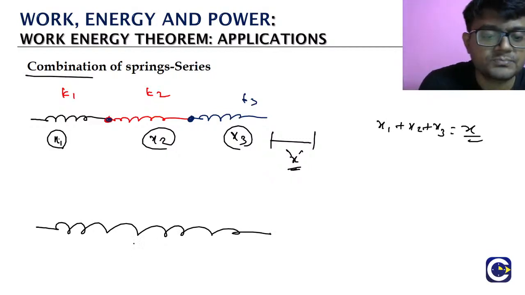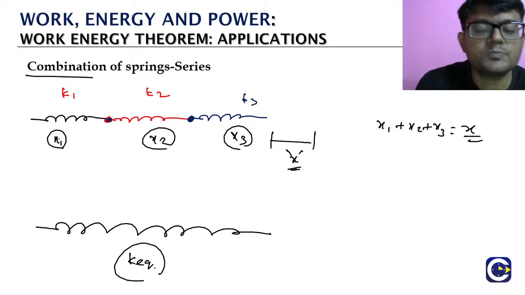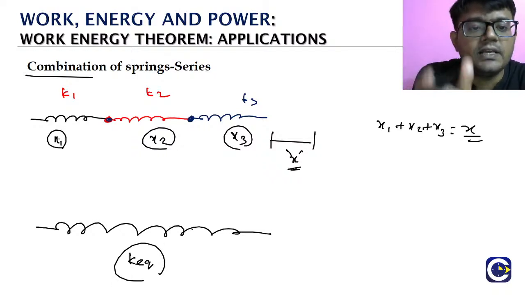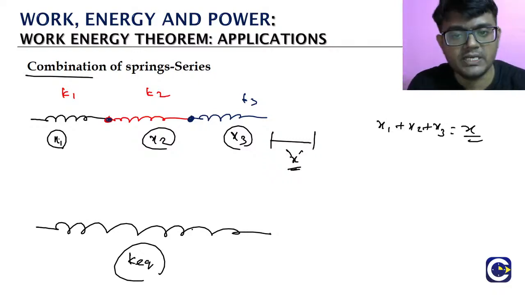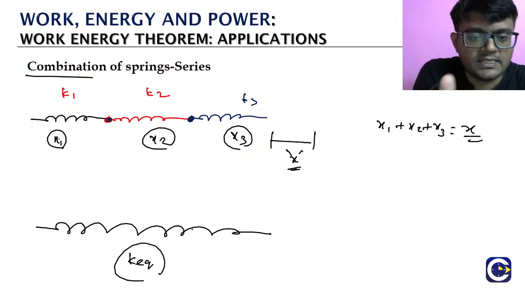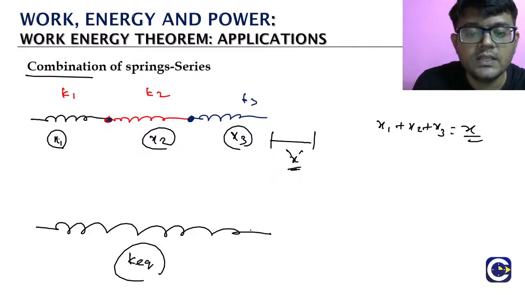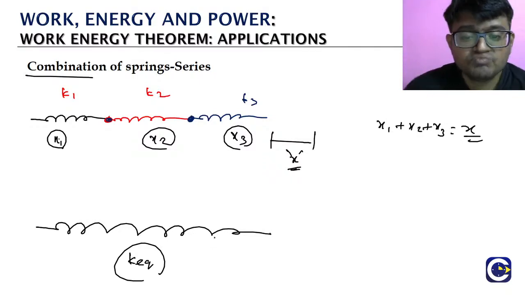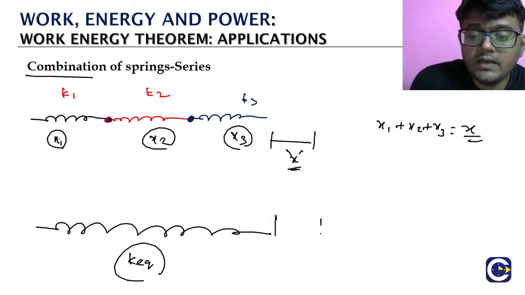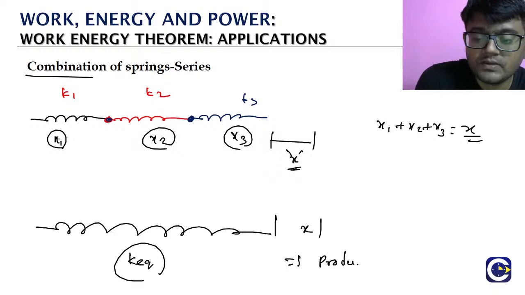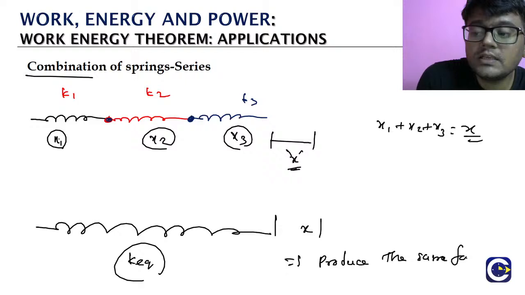If we replace those 3 springs with a single spring with a spring constant k equivalent, this is our equivalent spring of the combination. We are going to replace those 3 springs with one single spring. This spring will produce the same force